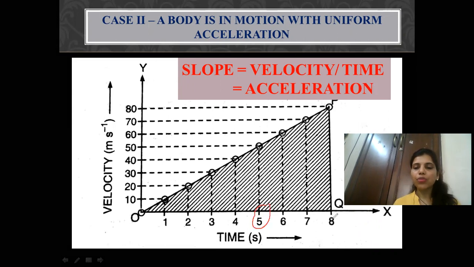So from here the body moves to a certain point at 8 seconds. So the time interval is given to you. Between this time interval, I'm asking you what is the displacement of the body. Now you are going to consider it is at this point, so velocity is over here. You are going to draw a line parallel to the velocity, that means the y-axis, but perpendicular to the x-axis. So remember it as a perpendicular. You can see here it is a perpendicular line we have drawn, and here it is a perpendicular line.